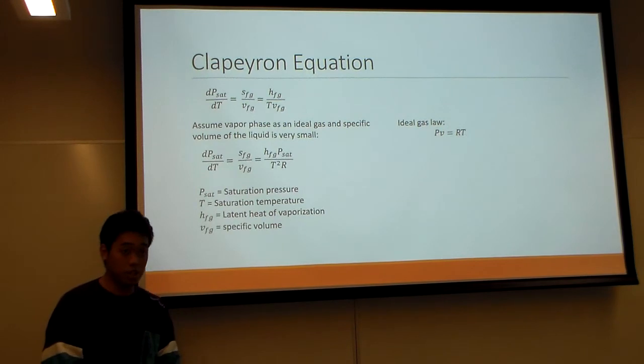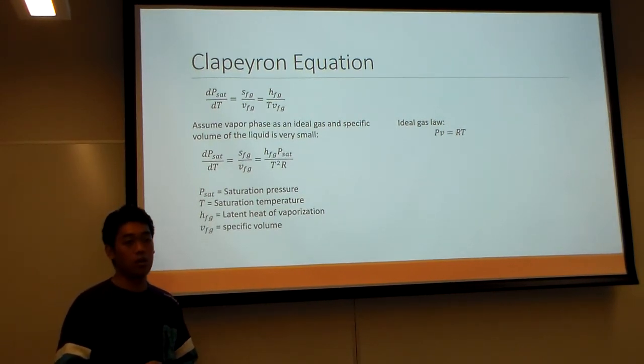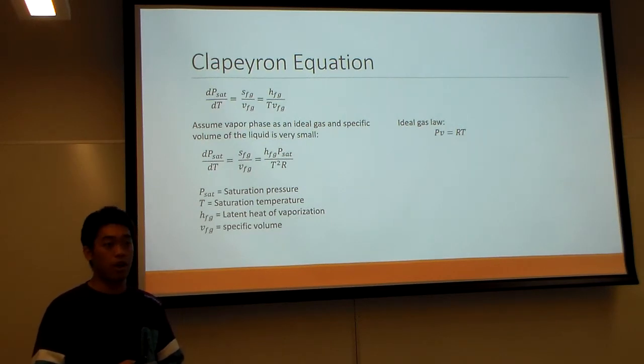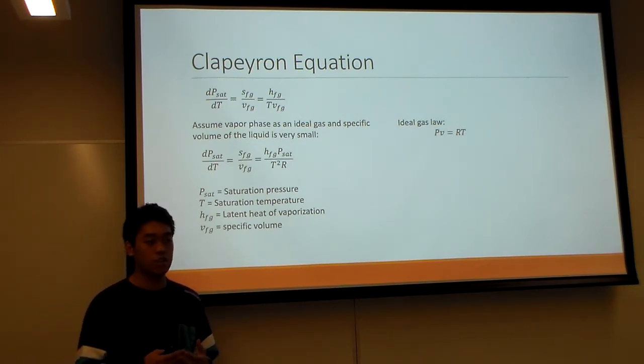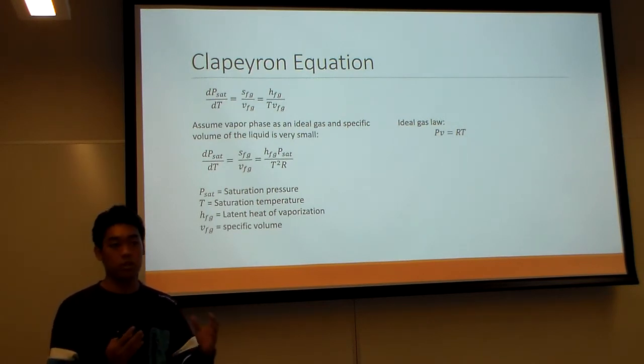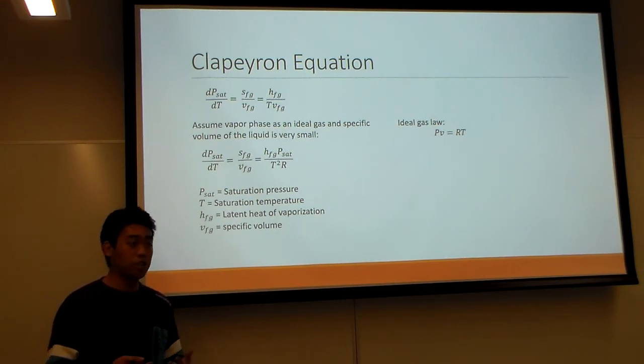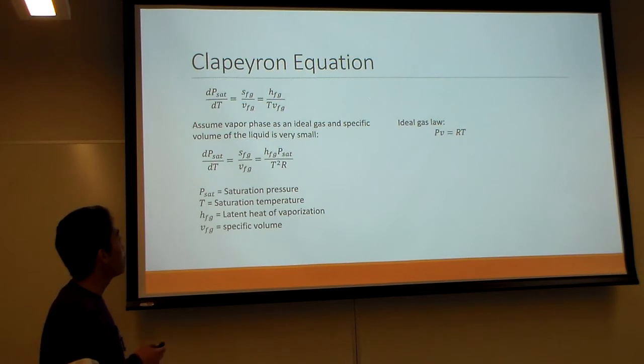The Clapeyron equation is basically derived from the efficiency of the Carnot cycle, which is the work divided by the heat across the system, where the work is defined by the change of the pressure and also the volume, and the heat transfer across the system is expressed as the change of the enthalpy from the saturated liquid to the saturated vapor. Then, rearranging the equation, we come up with the first equation over here,